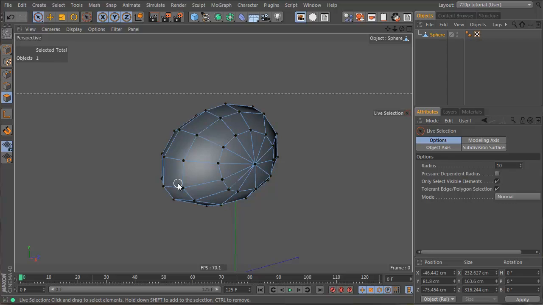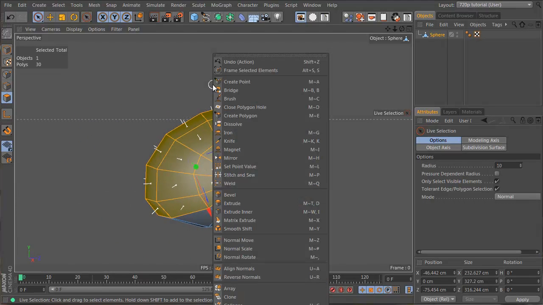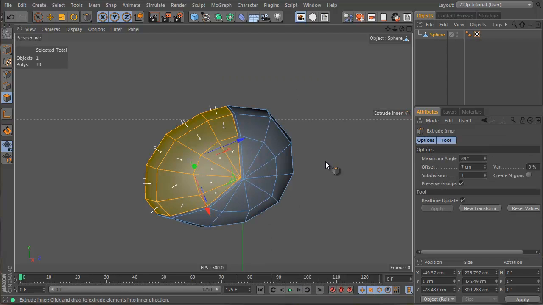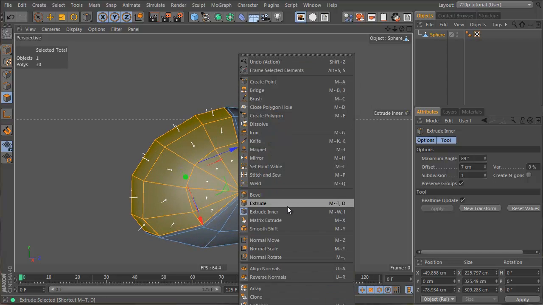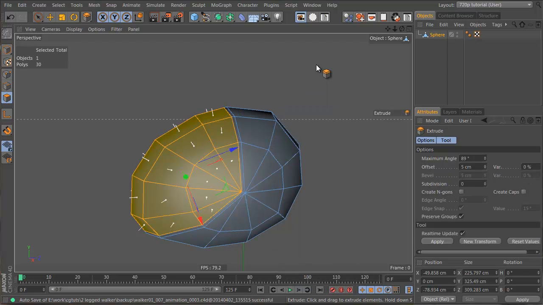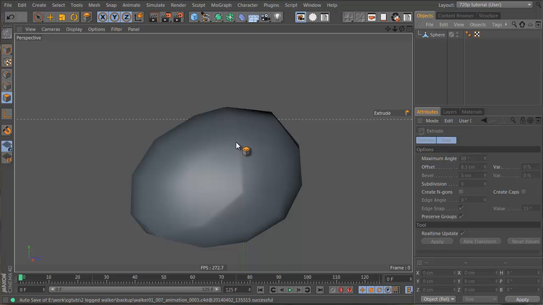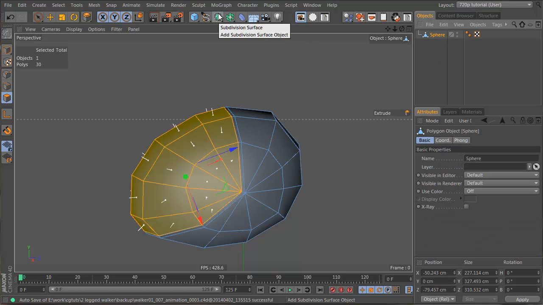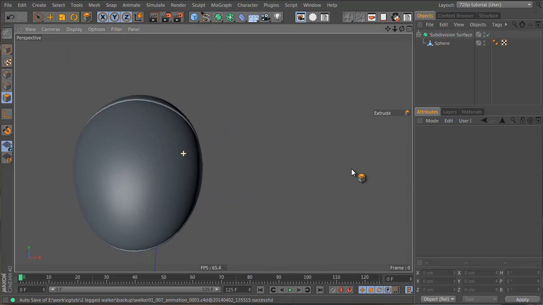So let's get our polygons. Let's shift click on these guys as well. And we right click and we go inner extrude, and we click and drag it just a little bit, and then we press the normal extrude, so the D key as well works, and we click and drag, and then we click and drag again in an empty space. As you can see, it's not really what we want, but once we put this inside a subdivision surface by holding the Alt key and clicking on it, you see we get our nice little